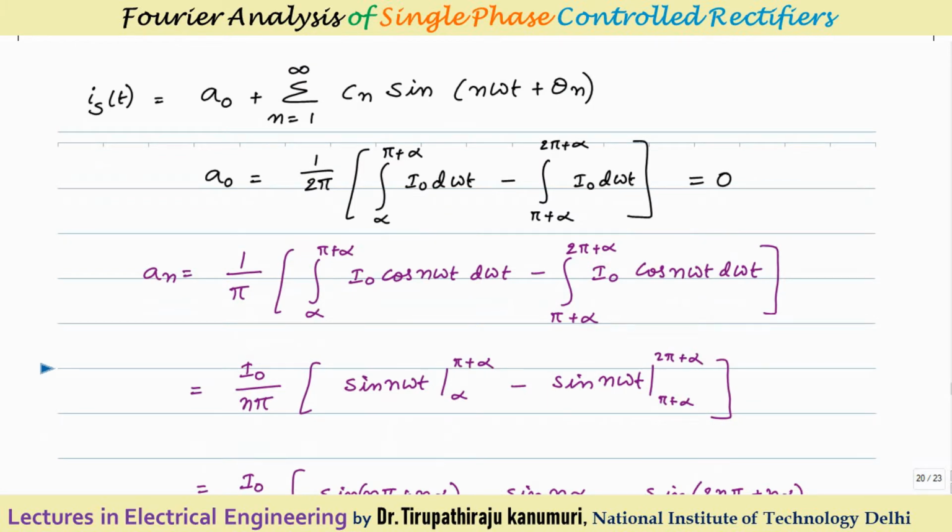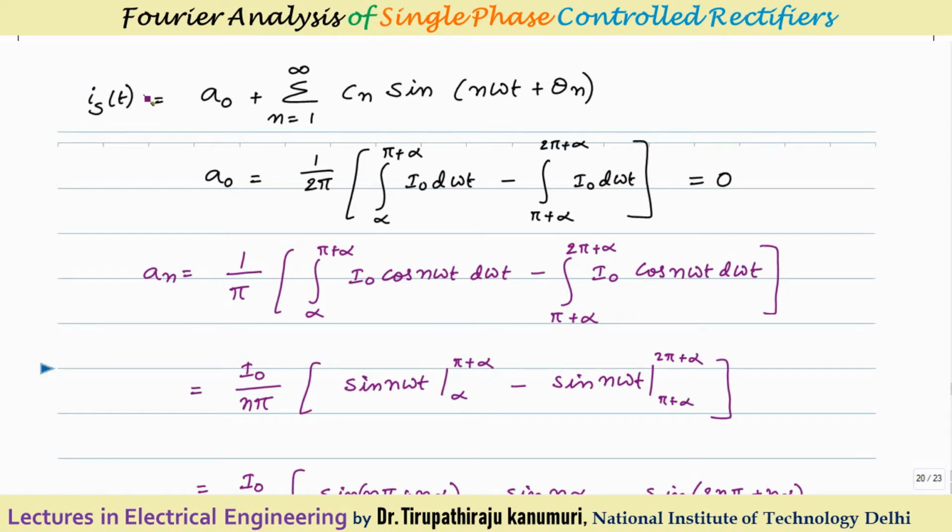So now coming to the analysis of this equation. So I can write the equation in this form. IS, I want to calculate my source current. I want to see in the supply side how much harmonic components of the current are there, because voltage is sinusoidal but current is non-sinusoidal in your supply. And coming to the output, I want pure DC. So current is DC but voltage is not DC. So that's why in the output side we deal with the voltage ripples, and coming to the supply side we deal with the harmonics in the current. So current harmonic components we see in supply. So let us see one by one in that.